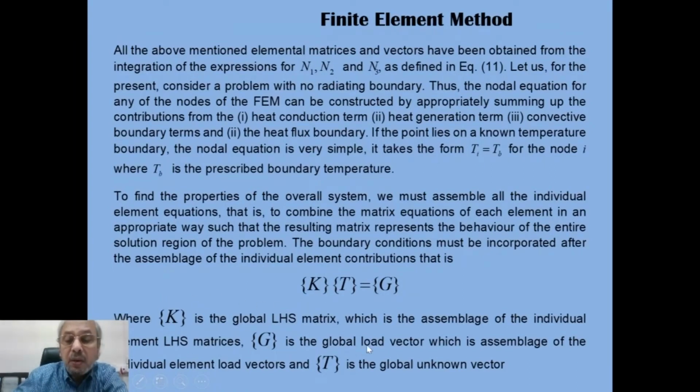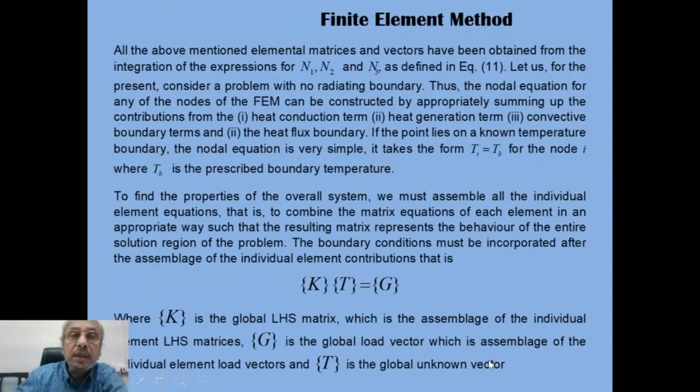G is the global load vector. So the right hand side known column vector is called the load vector. So G is a global load vector, which is an assemblage of the individual element load vectors, and T is a